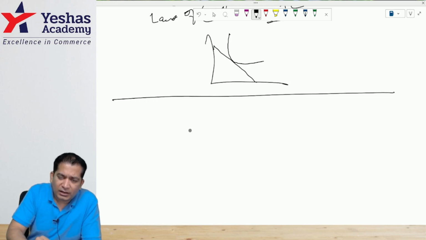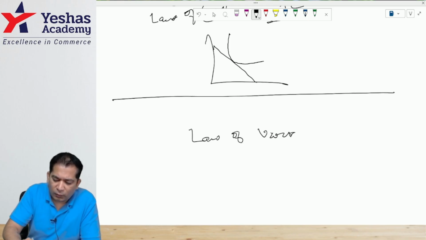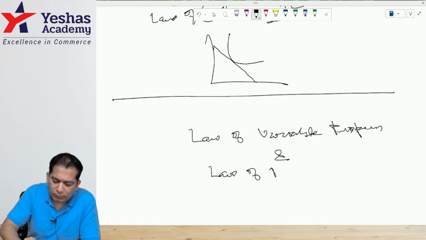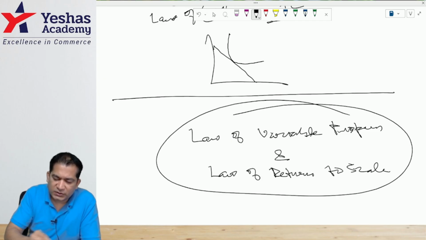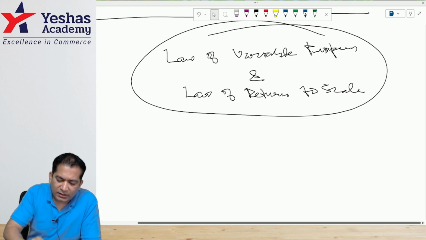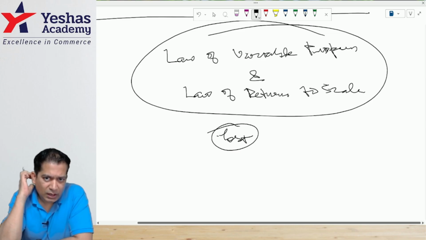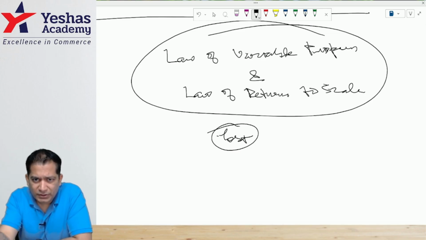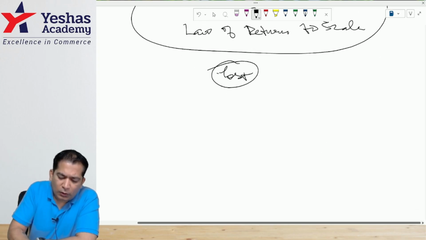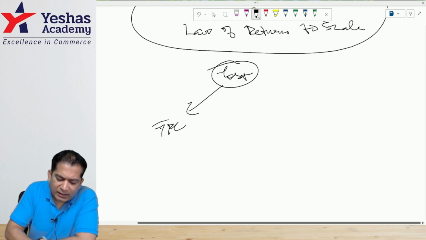And then you will find a lot of questions clustered around the law of variable proportion and the law of returns to scale. Please cover these topics very nicely. Then when it comes to cost, please try to understand the difference between economic cost, accounting cost, and implicit cost, accounting and non-accounting cost. And then you will have to focus on total fixed cost, the diagram related to it,